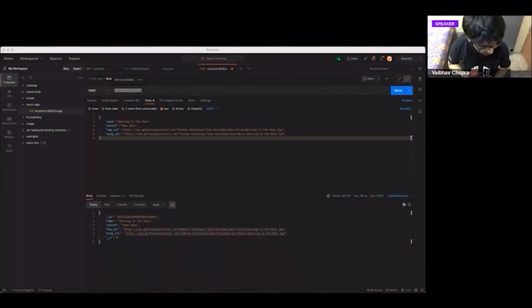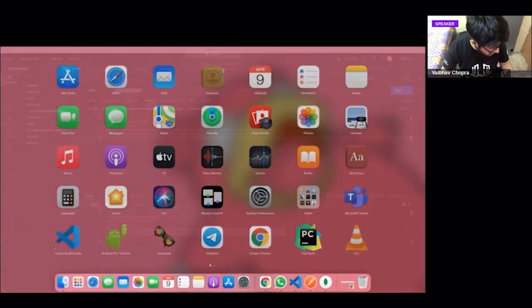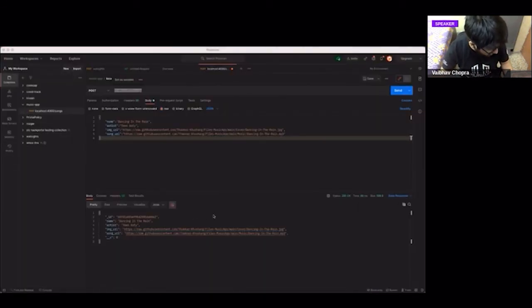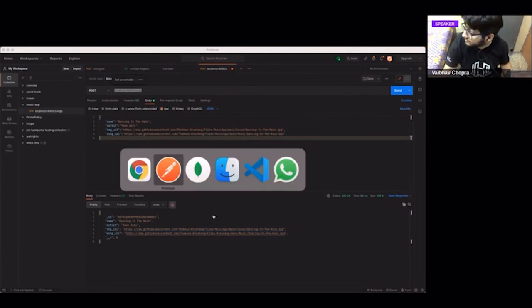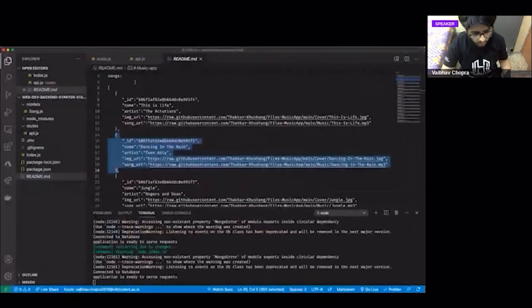Cool. So we have two songs ready now. But can we interpret it? Can we see it in the front end? We'll see. But before we do that, let's do something cool and create a delete route. So what if I want to delete it, right? So I'll go ahead